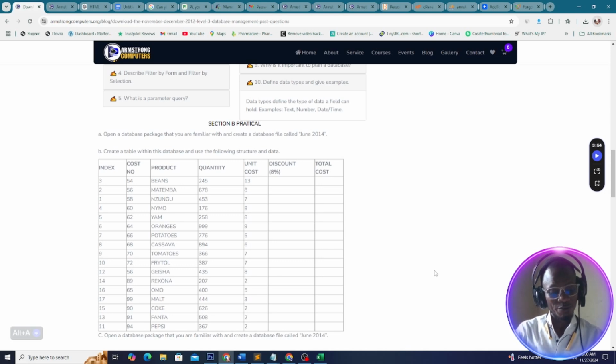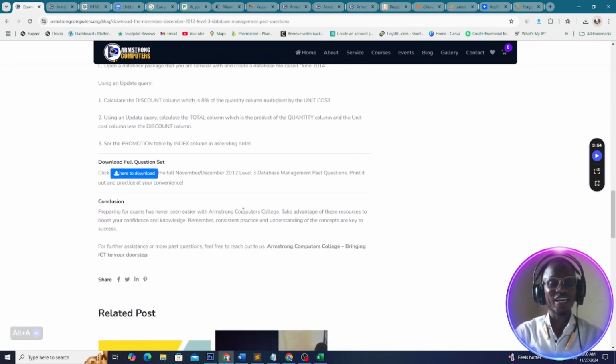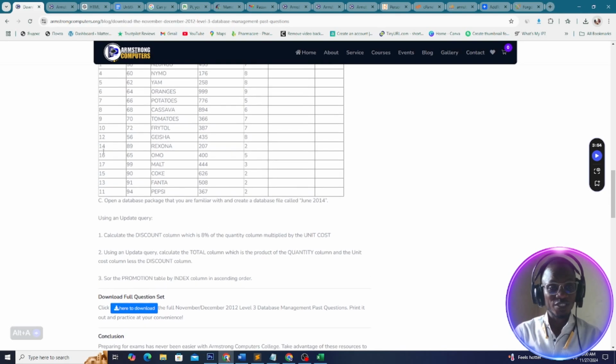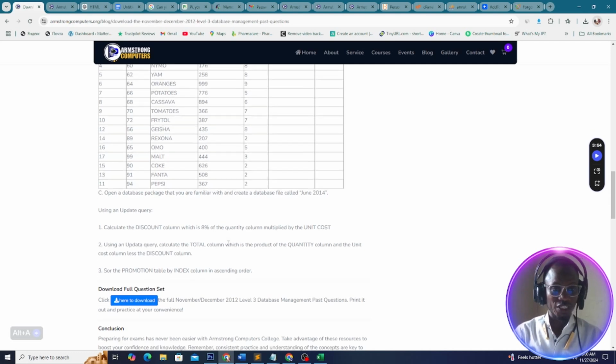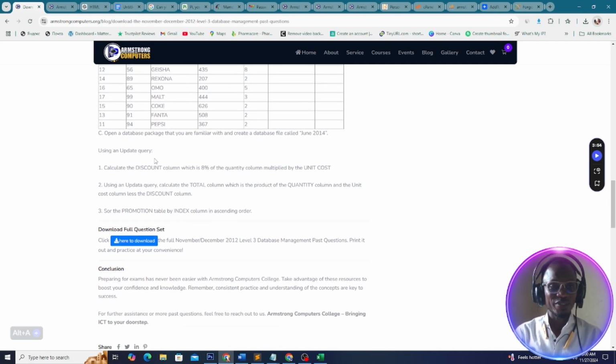Part B says create a table within the database and use the following students and data for the structure of the table. Part C says save the table as promotion, and use the update query